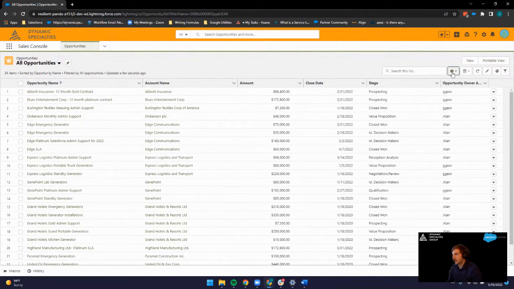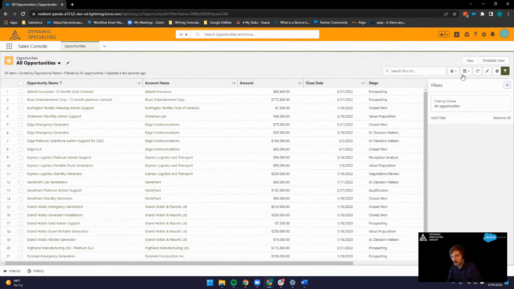And you can see now when I click over here, we all of a sudden have a lot more capability in the list view control because we're on an actual list view and not just the recently viewed list view. Oh, that's a lot of views. So in all opportunities, we're able to set filters. Well, in every list view except recently viewed, we're able to set filters. And doing this is great for just, on the fly, hey, I need to see X amount of